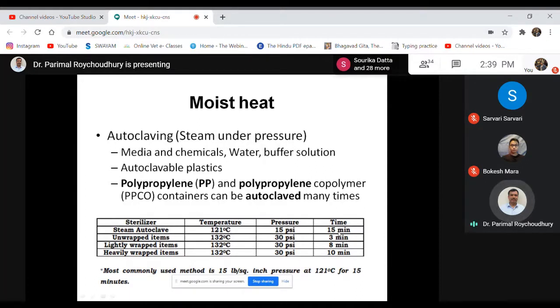So if you can maintain for 15 minutes, whatever the solution, buffer, and the media chemicals that you put in, they will become sterile. And this is an absolute term, meaning total removal. Okay. So no other process